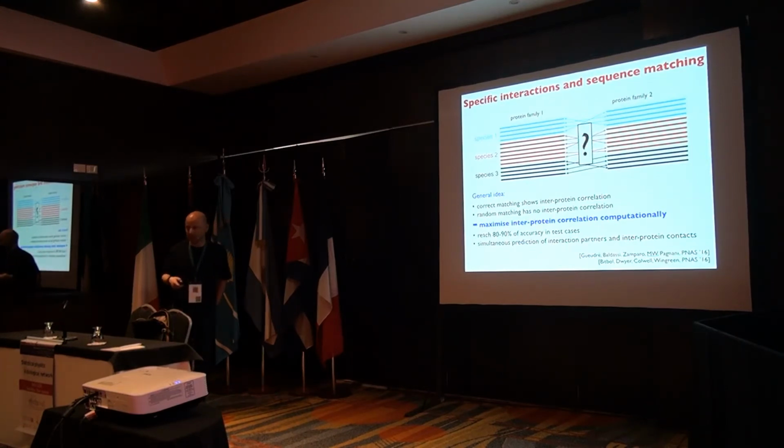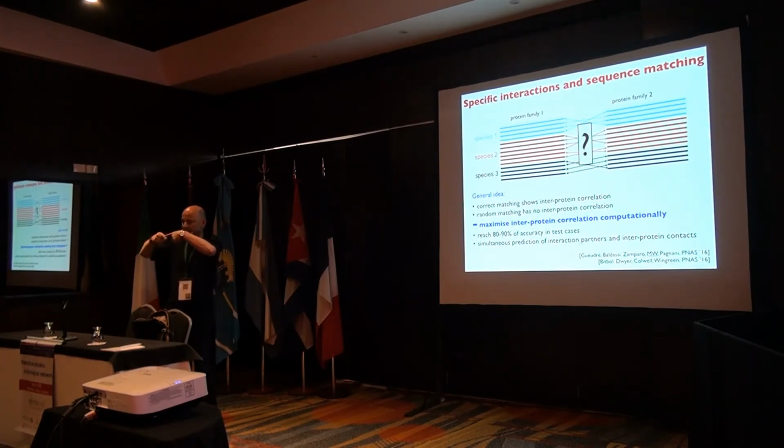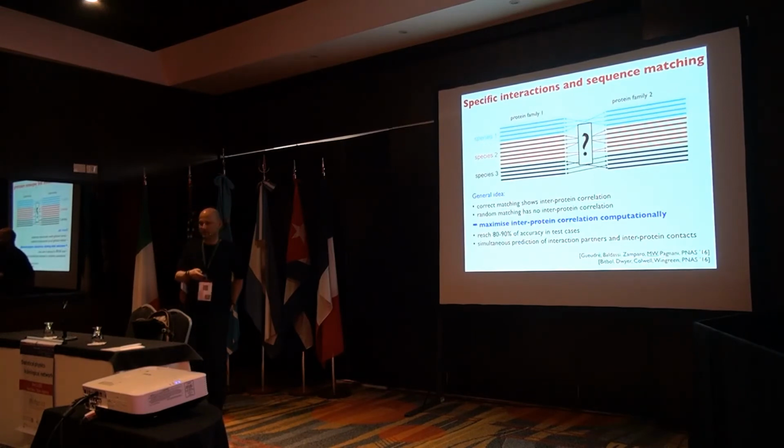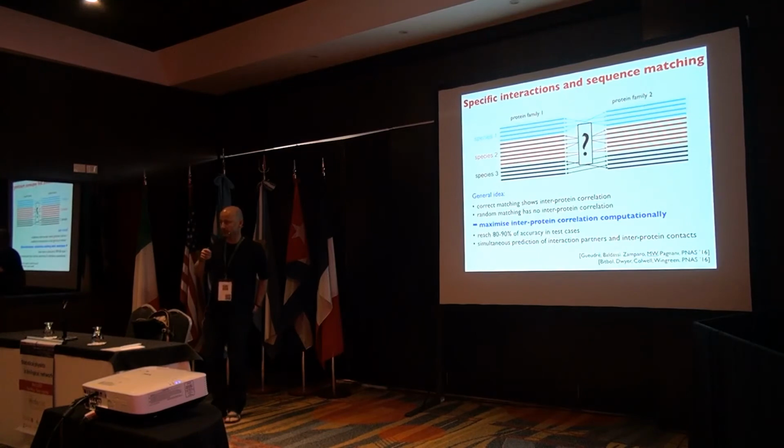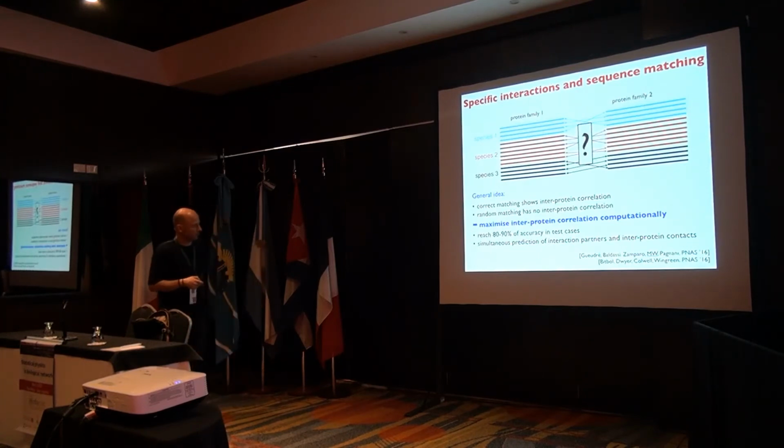It's a very complicated space, because you are optimizing over a space where you have the number of paralogs in the species factorial, which is all the possible matchings, to the power of the number of species. So it's an enormous number. It's, I don't know, the biggest number in any optimization problem I passed in my life so far. But you can reach some 80–90% accuracy of predicting some test case, which I will show you in a second.